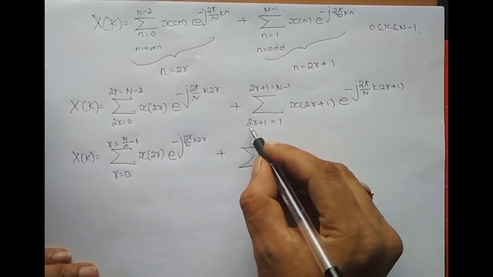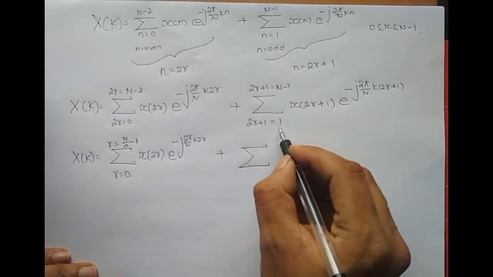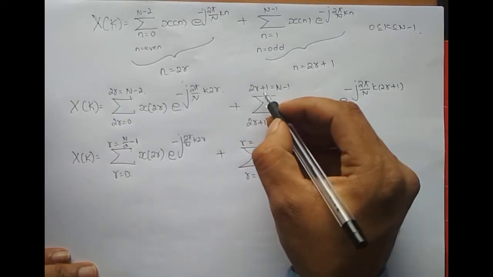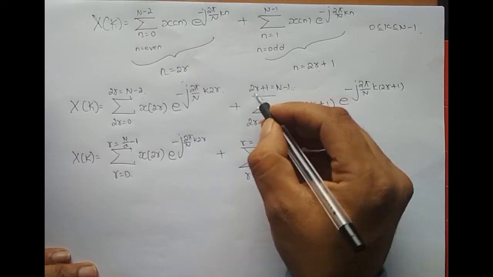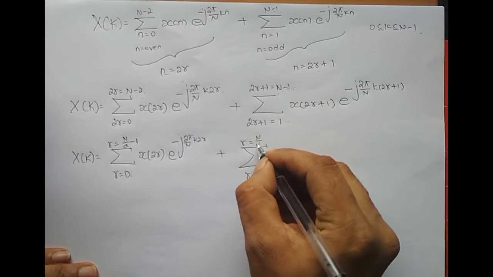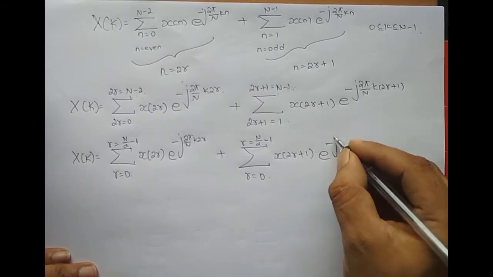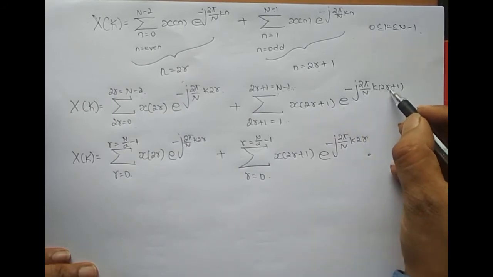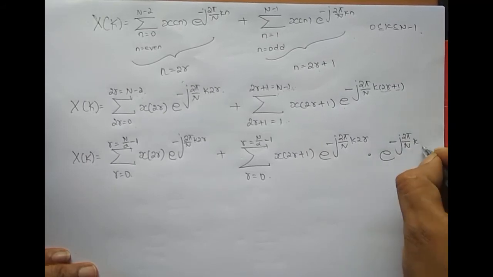So what is this in terms of r? If I take 1 to the right hand side, it is 1 minus 1, which is 0, and if I take 2 to the right hand side, 0 by 2 is 0, so I get r equal to 0 to, so here r is equal to n minus 1 minus 1, because this minus 1 goes to the right hand side, so I get n minus 2, and if I take this 2 to the right hand side, n by 2 minus 2 by 2, which is nothing but n by 2 minus 1. So x of 2r plus 1 into e power minus j 2 pi by n into k into 2r, and I am splitting this term into e power minus j 2 pi by n into k, times e power minus j 2 pi by n into k into 2r, right?